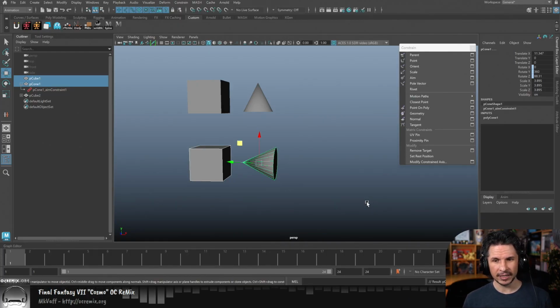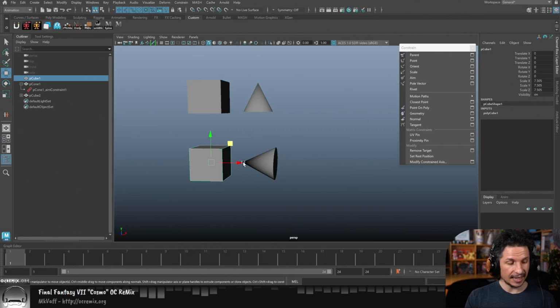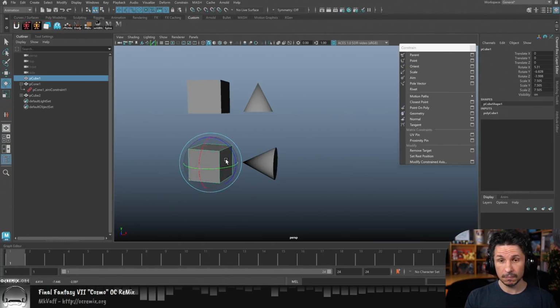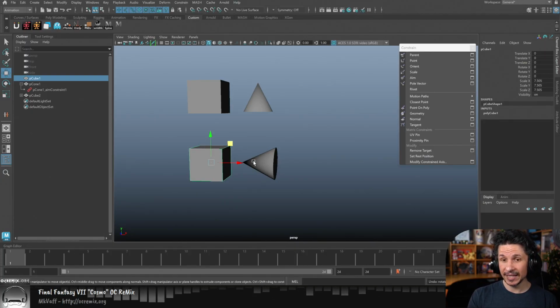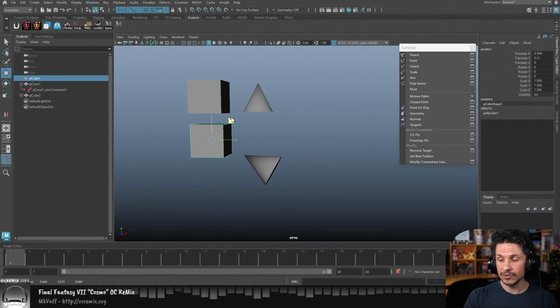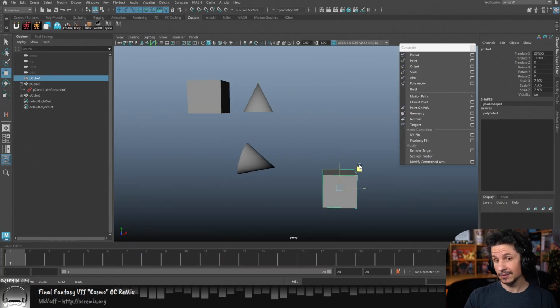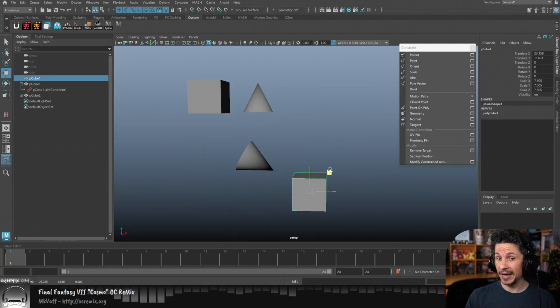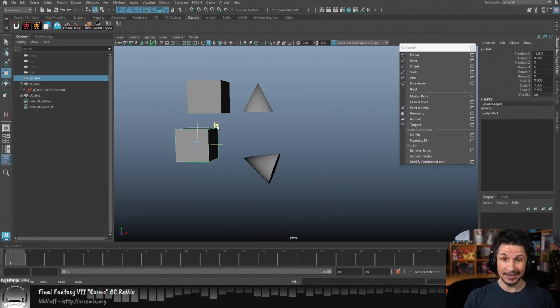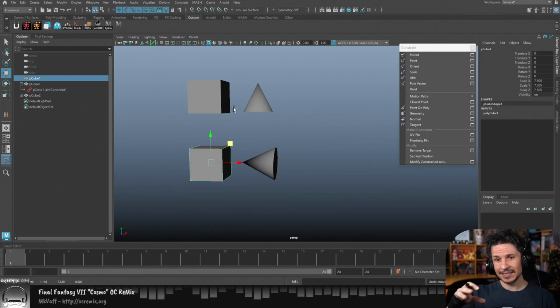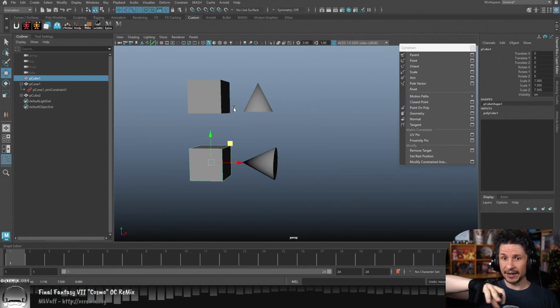Well, isn't that what an orient constraint did? What's the difference? The difference is now if I rotate this, nothing happens. Instead, what it's doing is it's locking the rotations of this object to continue pointing to the lead object no matter what. And this is really cool, because if ever I need to animate a spotlight following a character, or